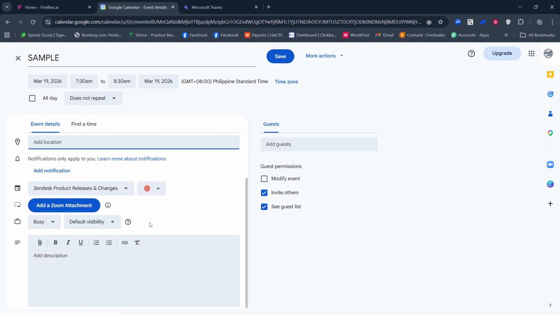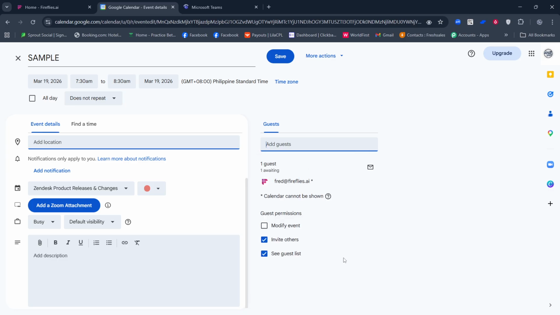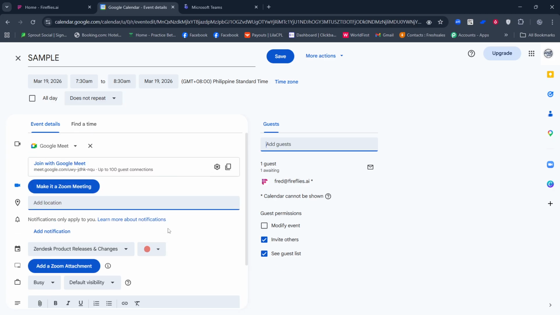In the Add Guests field, invite the official Fireflies guest address associated with your account. This is the unique email Fireflies uses to join as a participant, just like a colleague would. You'll find the correct address in your Fireflies account or help documentation. Be sure to type it accurately and avoid sharing this address publicly to keep your workspace secure. Treat this like inviting any other attendee. Once it's on the guest list, Fireflies will get the event details and join at the right time.